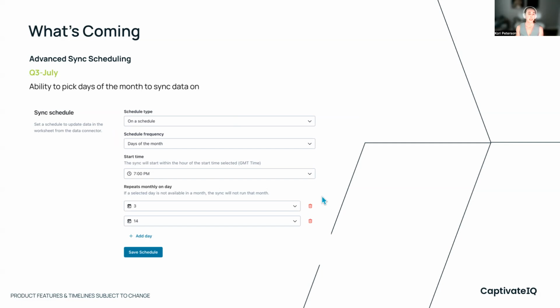Whereas with this, if you process commissions X days before payroll, then you can set up those specific days, select your time, so that you can just set that schedule, forget about it, and know that when you log on the 3rd around 8 p.m., your data will be up to date.